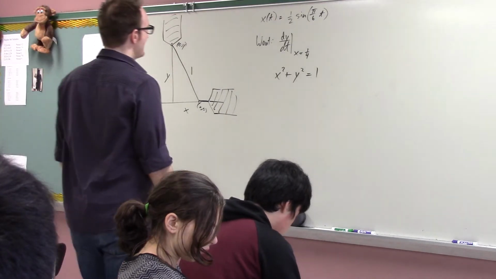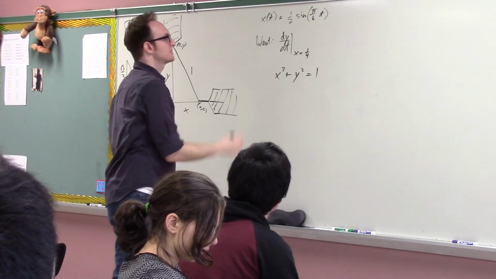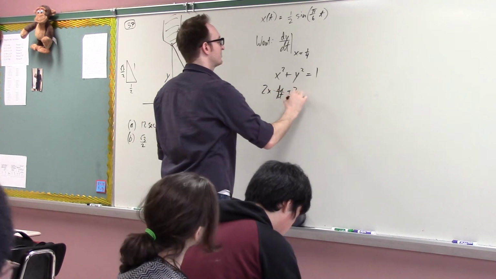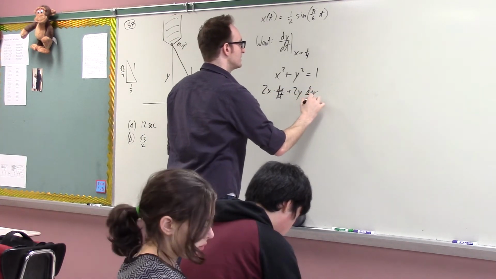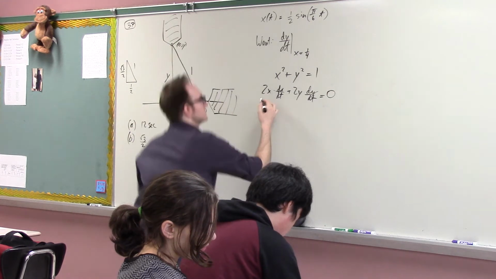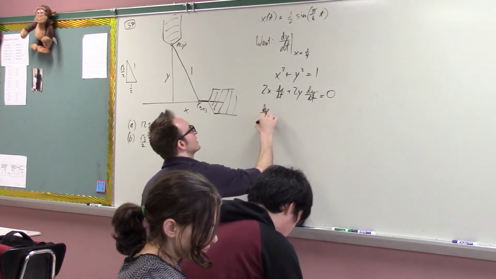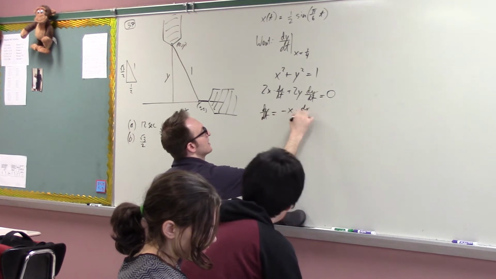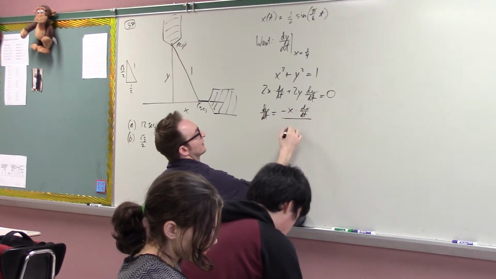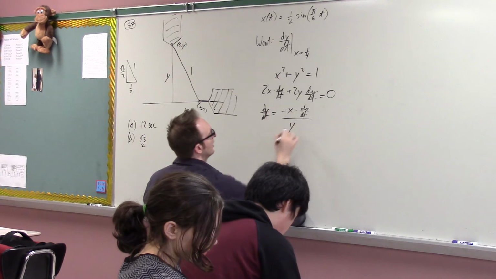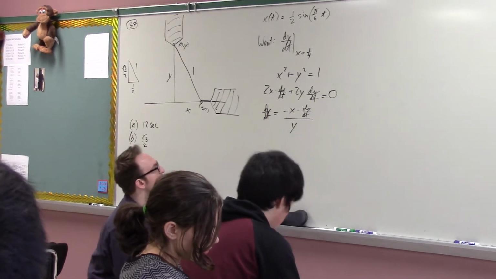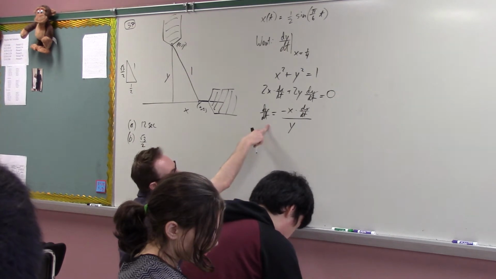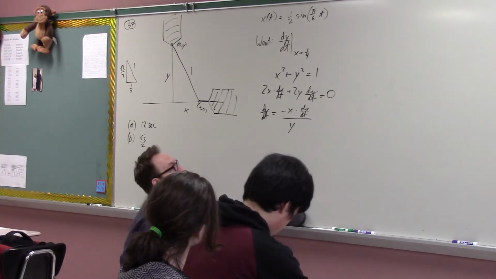Okay, and now I want to know what dy/dt is, so I'm just going to differentiate. So I get 2x dx/dt plus 2y dy/dt equals 0, and then I can solve for dy/dt. It's negative x dx/dt over y. Okay, but this problem is a little bit more complicated because, sure, I've solved this in general now, but